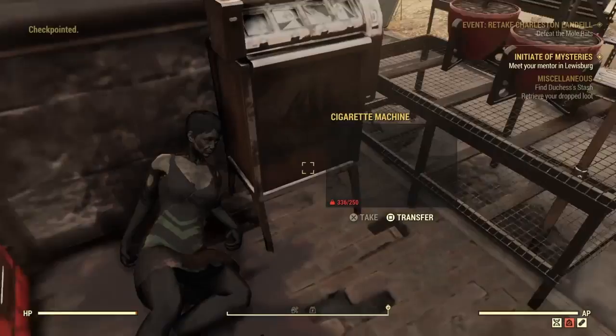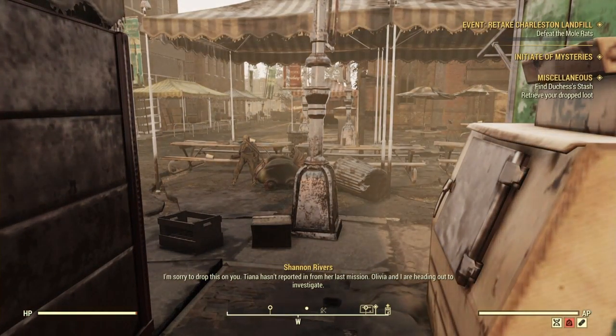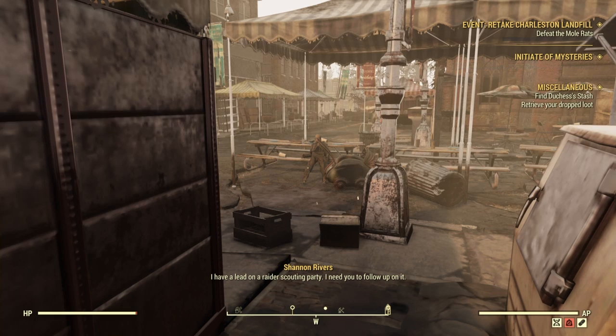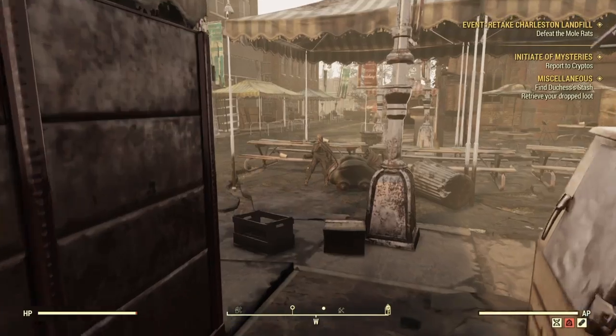Good morning. I'm sorry to drop this on you. Tiana hasn't reported in from her last mission. Olivia and I are heading out to investigate. I have a lead on a raider scouting party. I need you to follow up on it. Standard protocol. Secure the location, look for signs of raider activity, and report back to the manor. Be careful, dear. I can't bear to lose anyone else. Report to